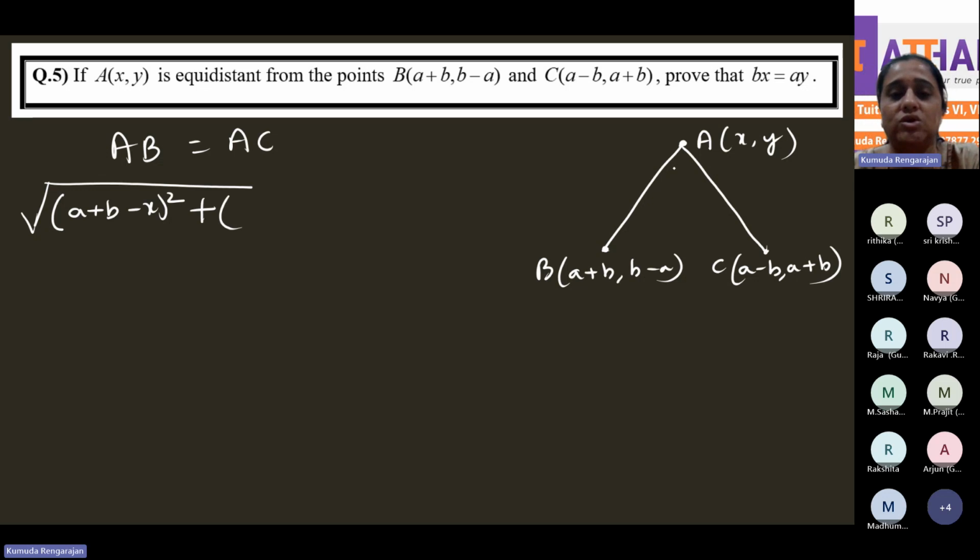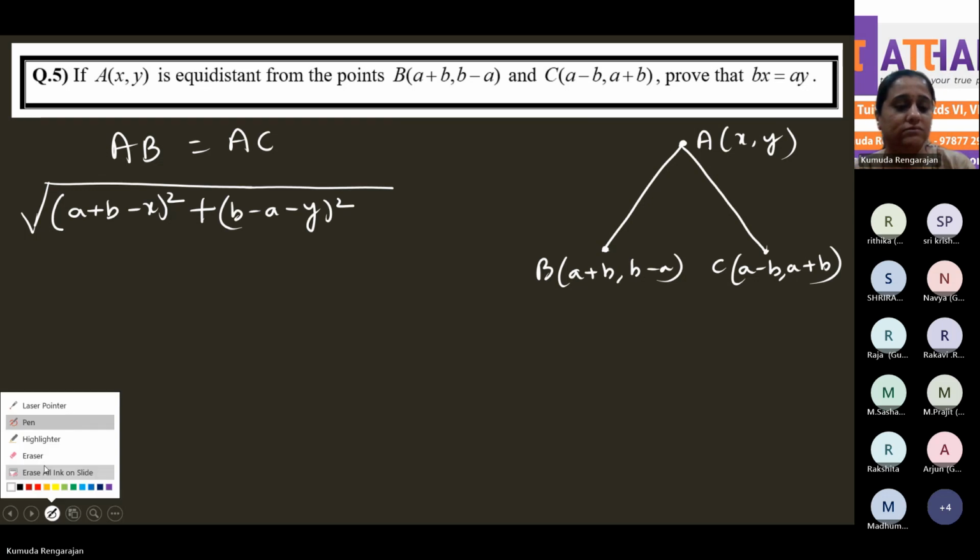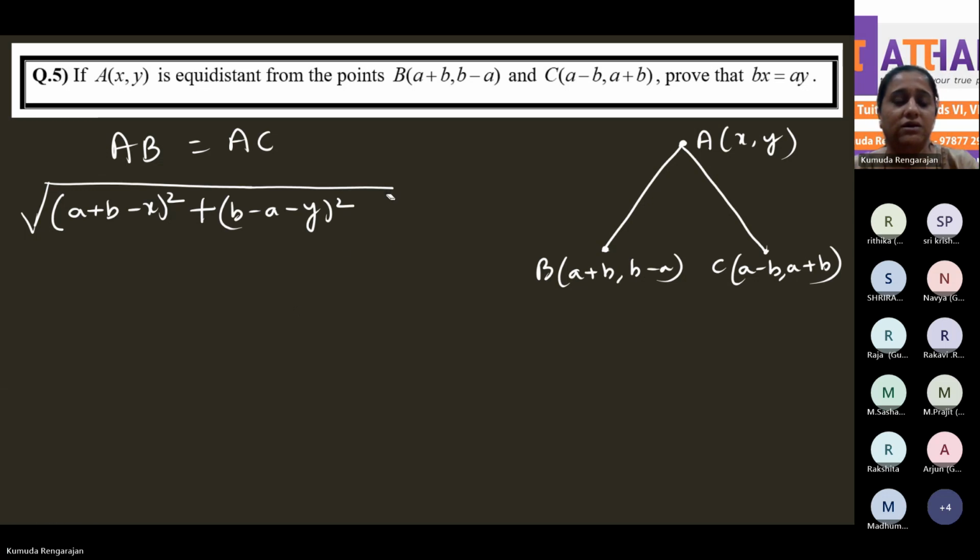You should use the coordinates of A and B because you're finding AB. Don't see C now. C is not in the picture now. So subtract the x coordinates of A and B: a plus b minus x the whole square, plus subtract the y coordinates: b minus a minus y the whole square, is equal to